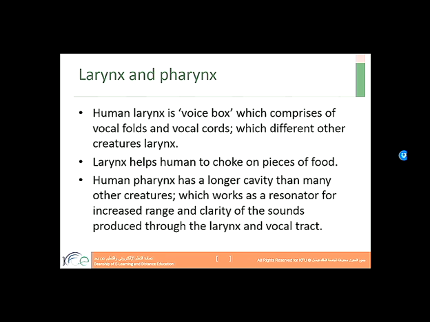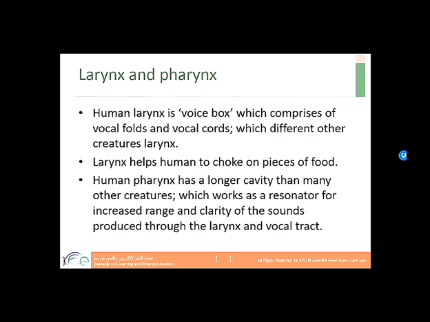The larynx also makes a human able to choke on pieces of food. The human pharynx has a longer cavity than many other creatures, which works as a resonator for increased range and clarity of the sounds produced through the larynx and vocal tract.